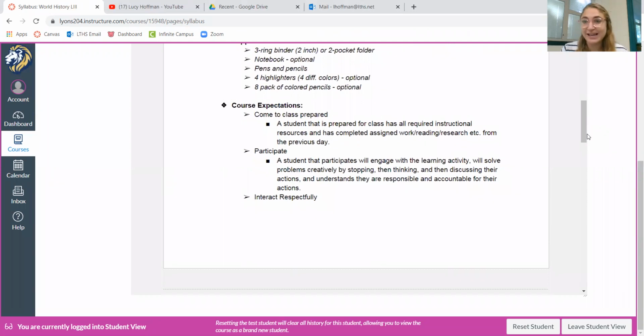Some course expectations that I have, things look a little different obviously, but those expectations remain the same, is that we're coming to class prepared, ready to participate, and interacting respectfully. My goal is to create a safe and comfortable learning environment for all students, and that requires their participation, but also their respectful participation. So coming on time, using your voice. We use a lot of breakout rooms, so even if it's just in our smaller groups to start off, getting our students talking and interacting with one another is going to be super important as we're trying to foster meaningful connection in this way.